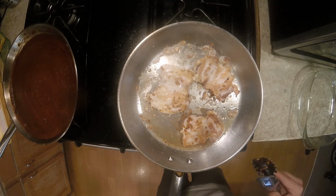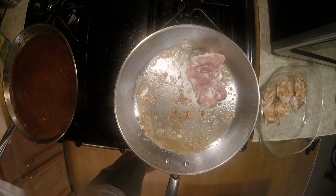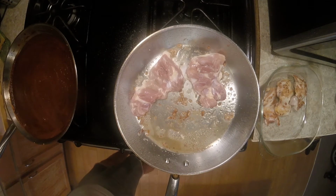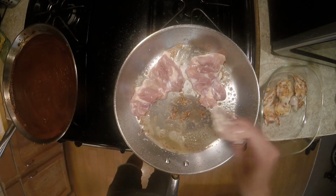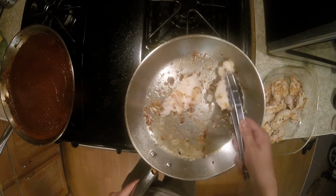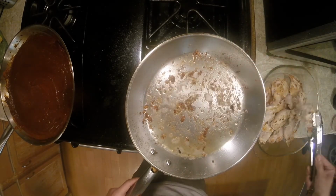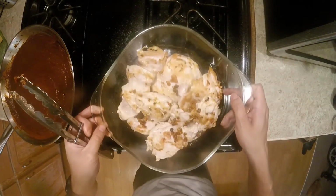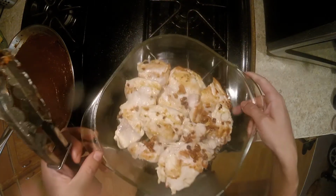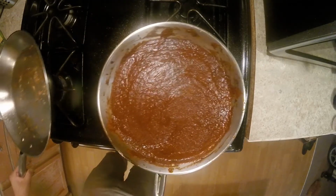And cook them for maybe about a minute or so. We're going to add the rest of the chicken. Okay, so we got the last of our chicken thighs on here. And we're going to put this in the oven at 350 degrees for maybe about 20 minutes to braise while we add